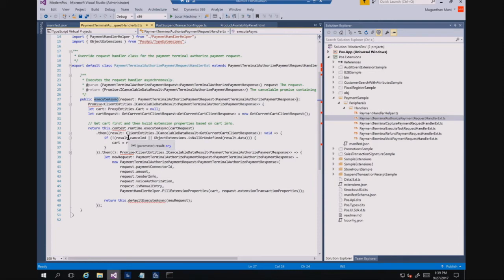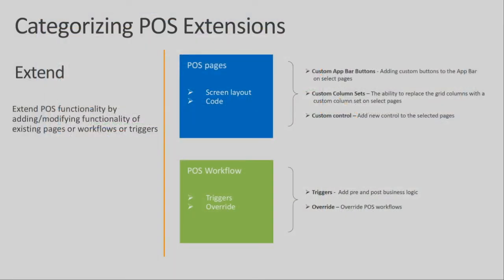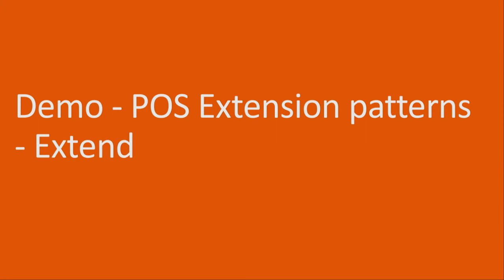Okay, let me switch back to the deck. Okay, so it showed a demo of how you can add a custom app bar button, custom column, custom control, and triggers, and how you can override. Okay, so the next